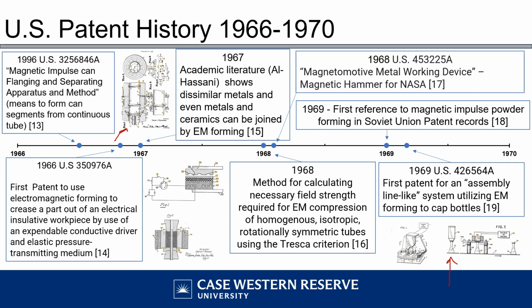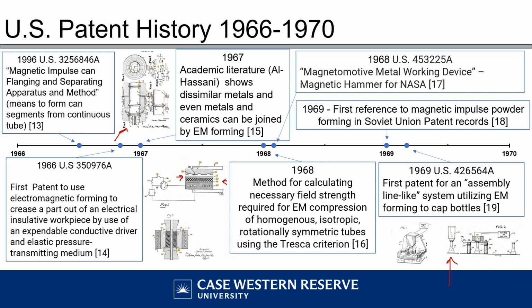In 1966, a patent was granted for an EM device using a sacrificial metal conductive driving plate to press a non-metallic, non-conductive workpiece against a die, revealing the ability of EM forming to form non-metal products. In 1968, NASA put a spin on this idea and described a method to use this metallic driver as a hammer for forming. During this time, academic literature demonstrated that EM forming could join dissimilar metals and even dissimilar materials,